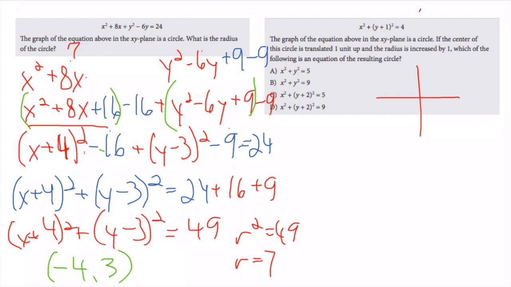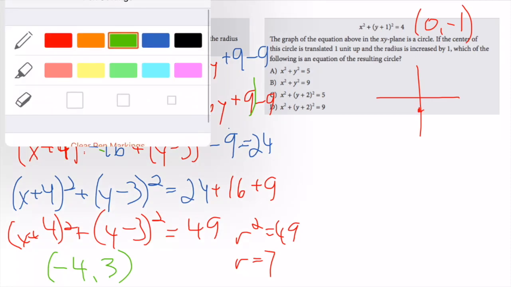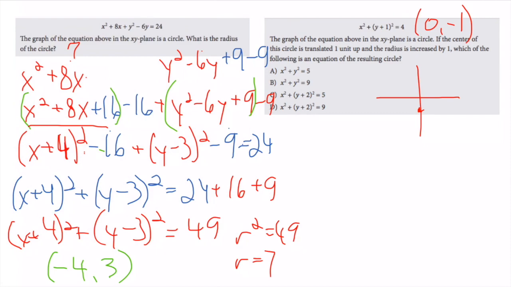So again, the center of this is 0, minus 1. So here's the center of my circle. My radius here is 2. Again, r squared equals 4, so radius is just 2. So I look like this in general. And what this question is asking me is to translate it 1 unit up, and increase the radius by 1. So if I move this 1 unit up,